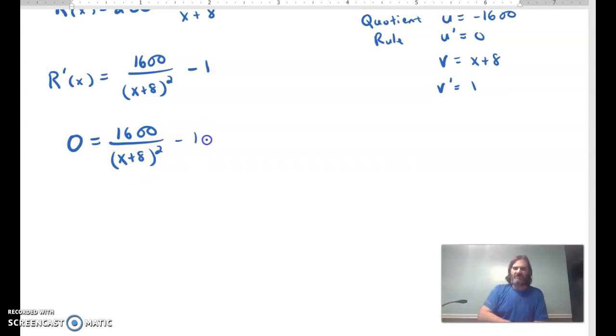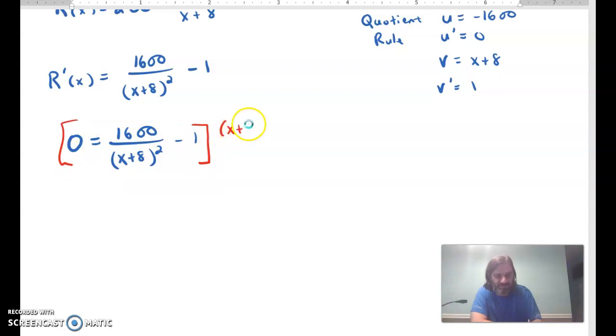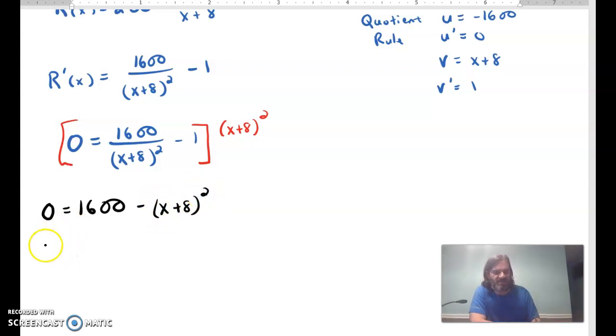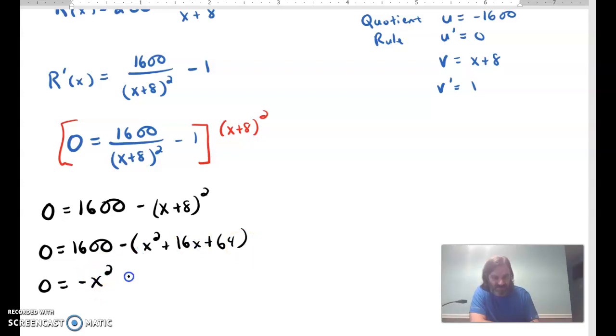And I can bring that 1 over, or I can do a lot of things, but basically I'm going to need to multiply everything by x plus 8 squared to get it off the bottom, so I can get it where I can work with it. So I'll have 0 equals 1600 minus x plus 8 squared. Yay, I'm going to have another quadratic, but I've got to work it out. 0 equals 1600 minus the quantity of x squared plus 16x plus 64. So clean that up. 0 equals negative x squared minus 16x,